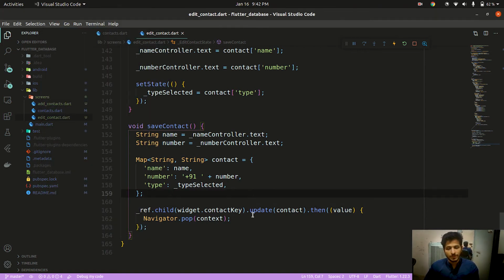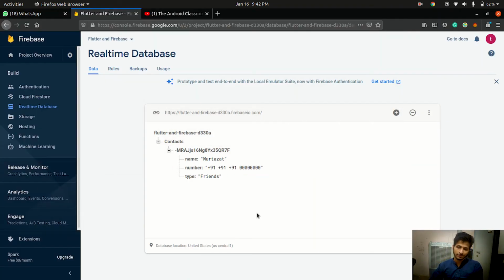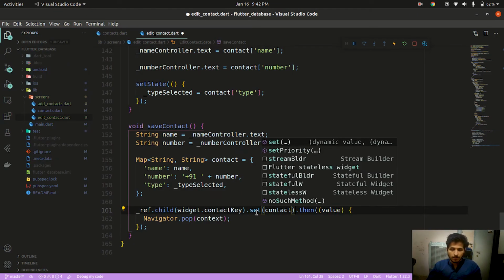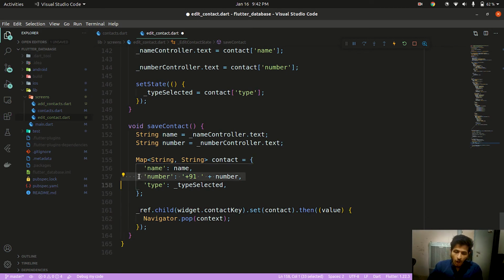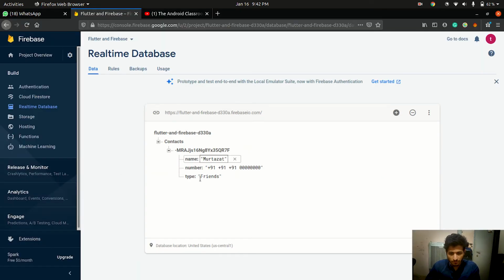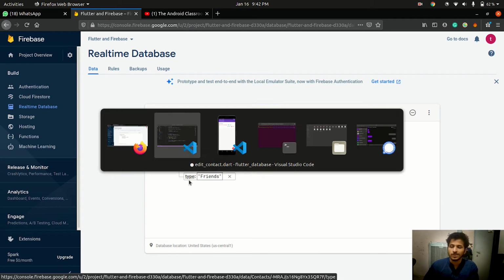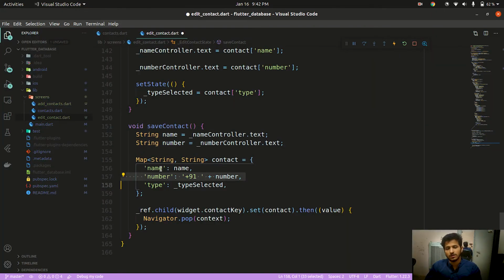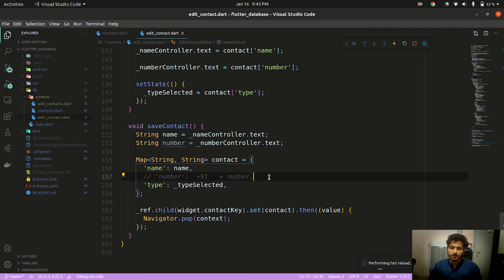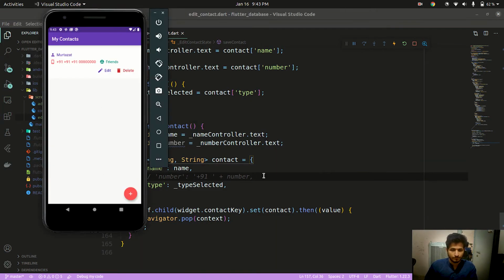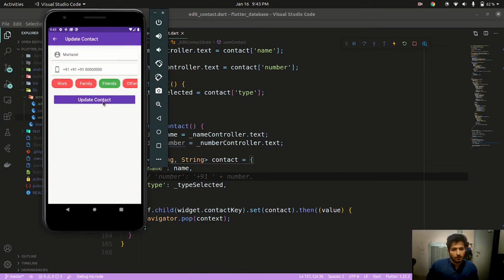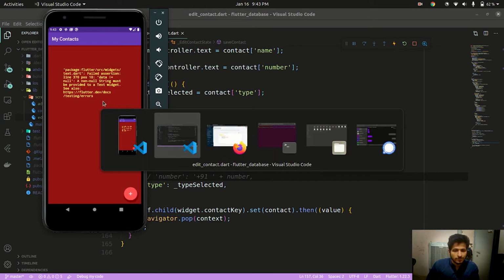So guys, why do we use update, not set? Let me explain this. If we had used set and we weren't updating numbers, for now we are updating all three values of this node: name, number and type. But suppose we are working with a huge node which has multiple values, and we weren't updating all the values, we were just updating a few of them. Let's omit number, comment it out, and now if I run the code, what set will do, you can see the error.